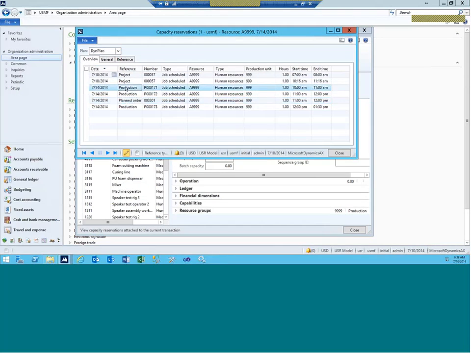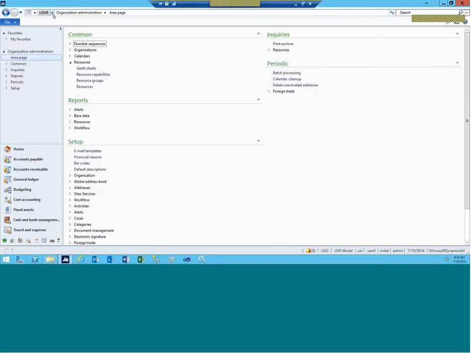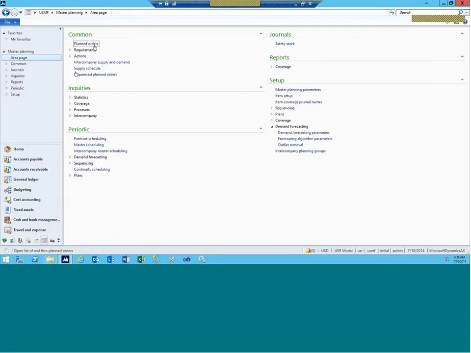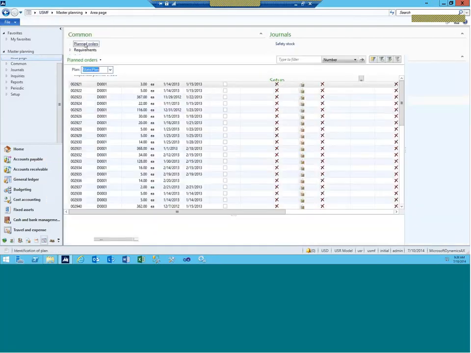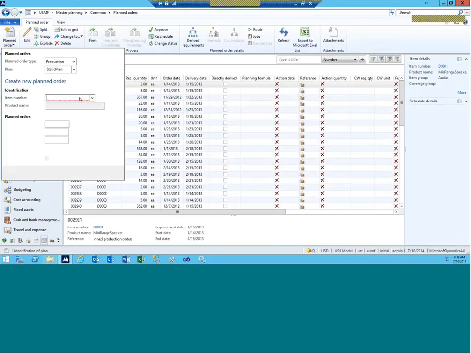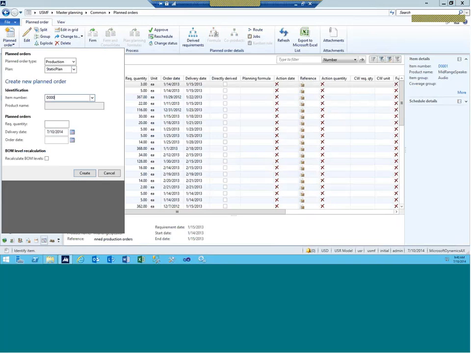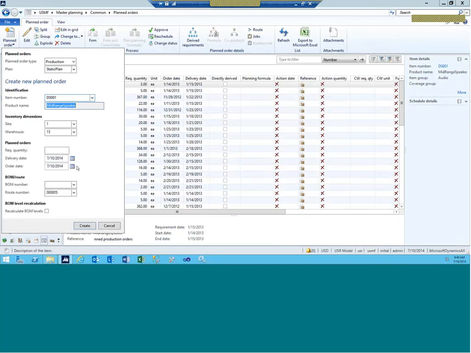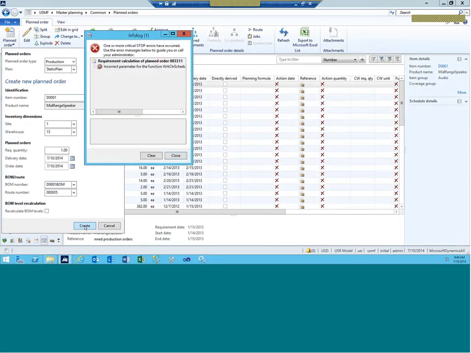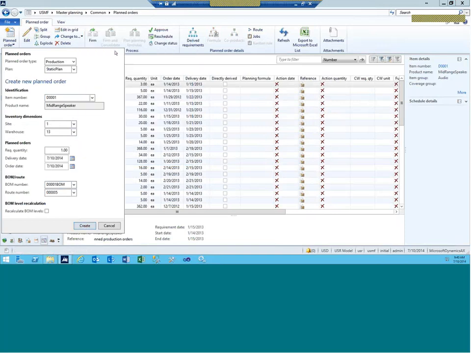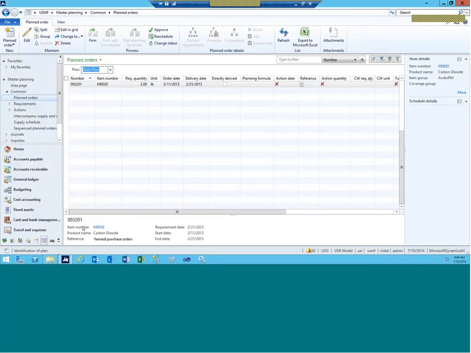So we'll not cover this, it's included in my deck, but for the sake of time, we'll switch to MRP. So the way you do this in MRP is, again, slightly different, but it works against the same resource, the capacity will be reserved against the same resource. That's, again, the power of what we're doing. So what I will do, I will create the plant production order for this item, and I will say required quantity is 1, and then the BOM number will be this one, and then I will create. So when I create this, actually something is not quite right, and let's see what's going on here, maybe it's a different one. Okay, so I had to use